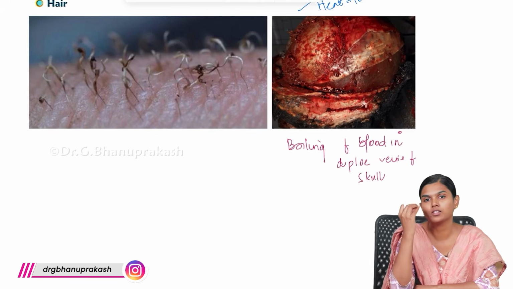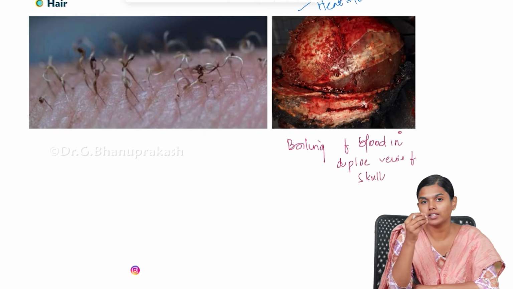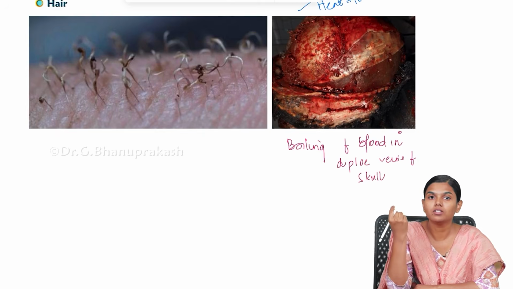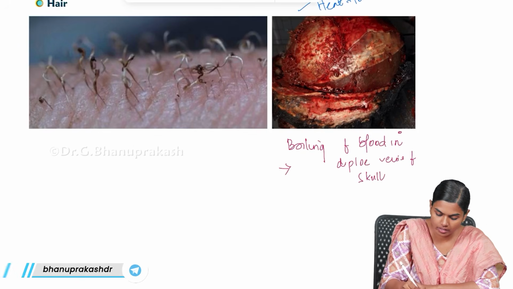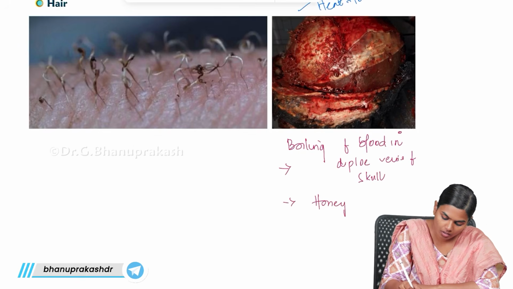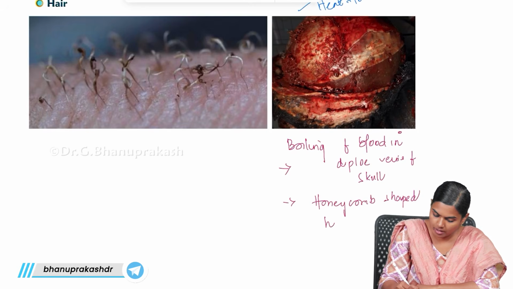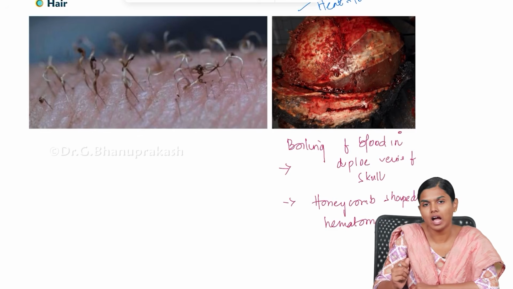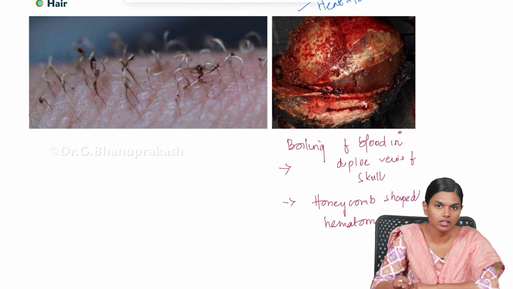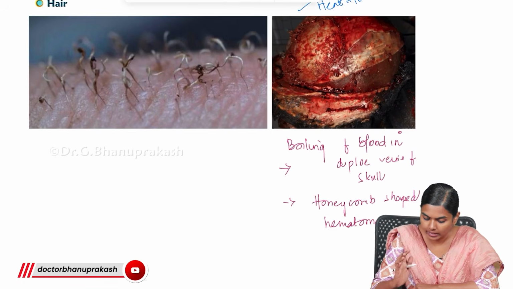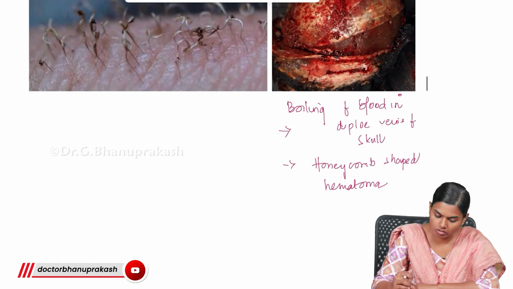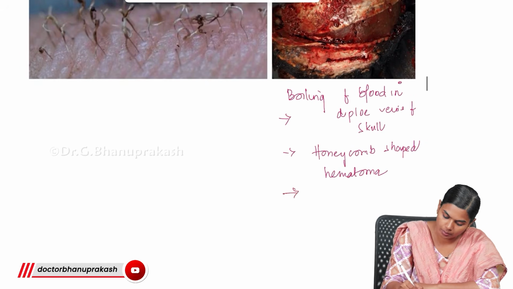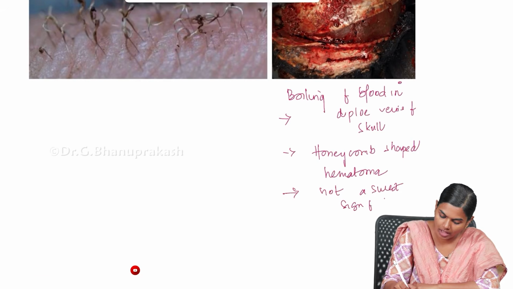So, in the venous system of the skull, when there is extreme heat, this blood will start to boil, which will result in a honeycomb shaped hematoma. So, this will result in a crumbly honeycomb shaped hematoma over the dura. And this heat hematoma is also not a surest sign of antemortem